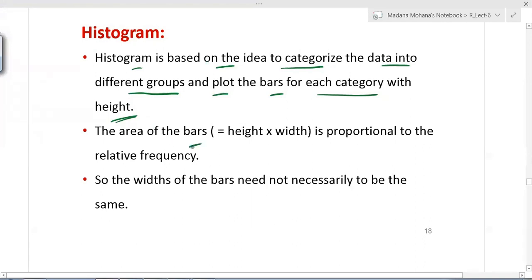The area of the bar, calculated as height times width, is proportional to the relative frequency. Here we will consider relative frequency. The widths of the bars need not necessarily be the same; every bar can have a different width based on the data.